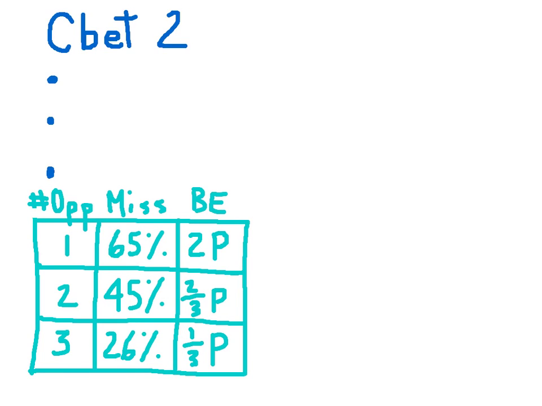You should recognize the teal table at the bottom left of your screen from our last video on c-betting. To review, the first line says that when you're facing one opponent and you c-bet, the chances that that opponent missed the flop, meaning he didn't connect with it at all, are 65%, about 2/3 of the time. So the corresponding size of your continuation bet, for which you'll break even in the long run, is 2